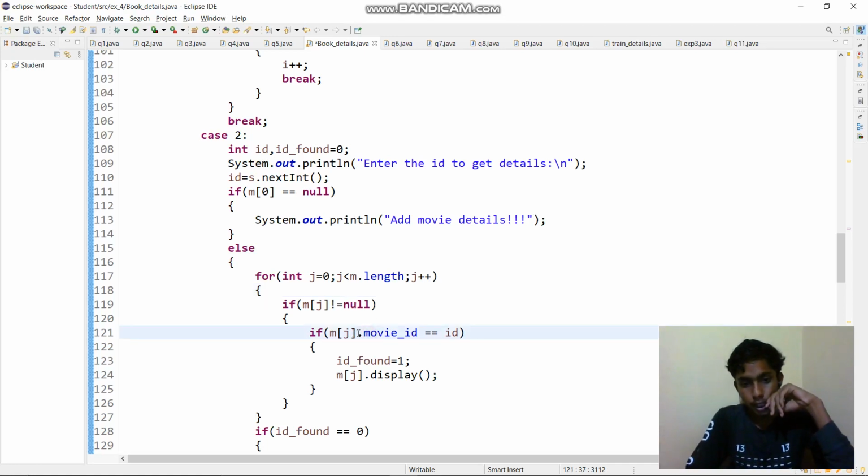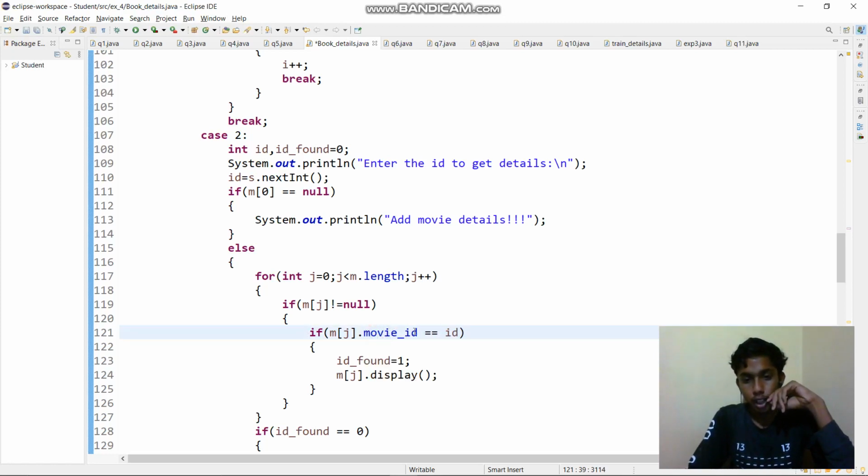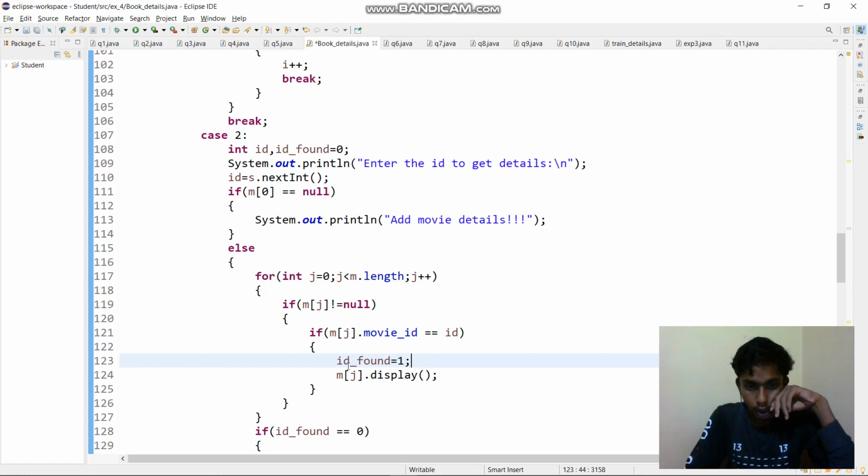And m of j dot movie id is equal to the id you have given. The movie id stores some values. If it matches, the id found becomes 1. For id found, I created an integer that is 0. Now you leave this statement,